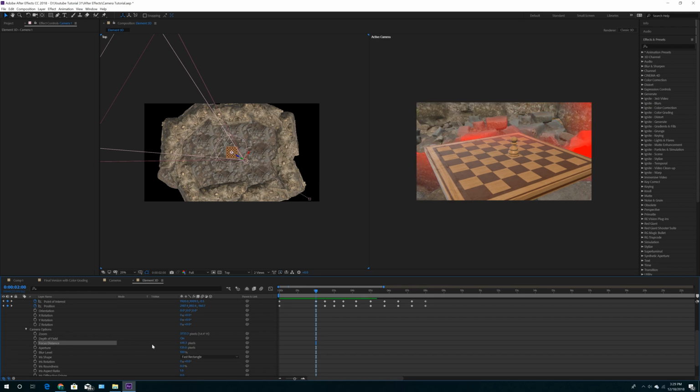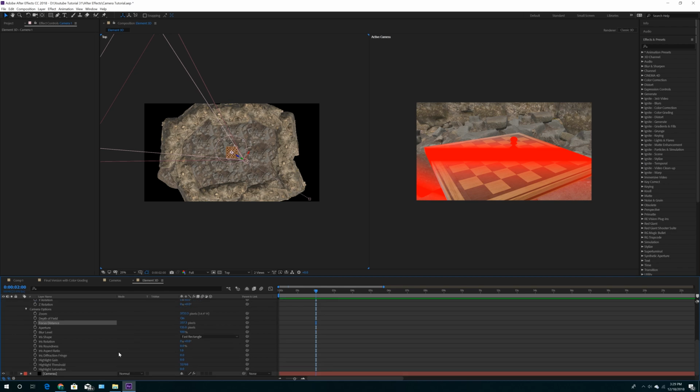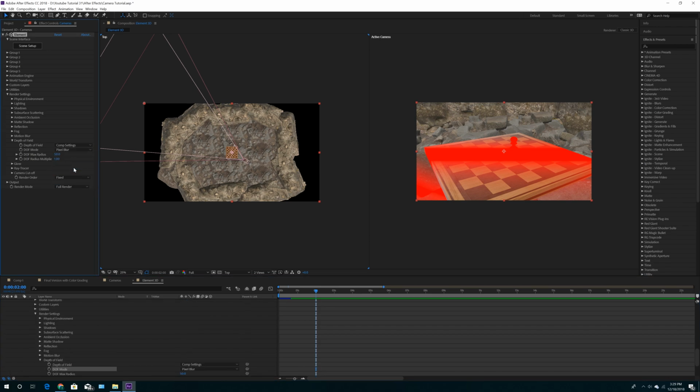to your board, and as you take it down to your board, you can also see that the red marks here is getting close to the board, just like this. Okay, so to make sure that it's working, what do we do then? Go to your camera and go back to your depth of field and make sure you click pixel blur, and it should work